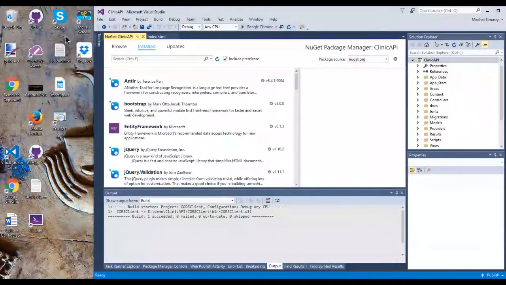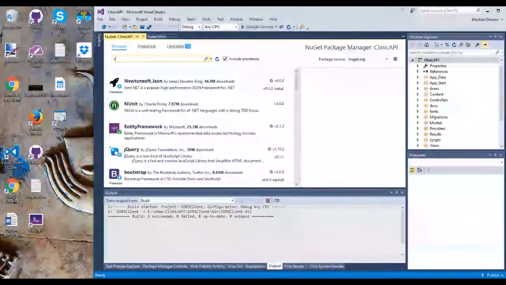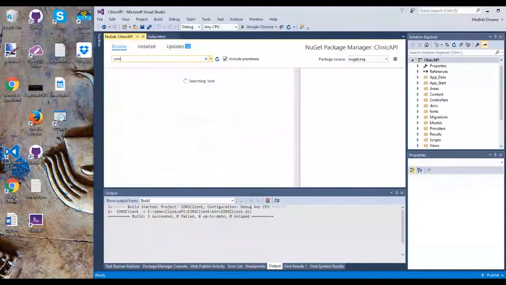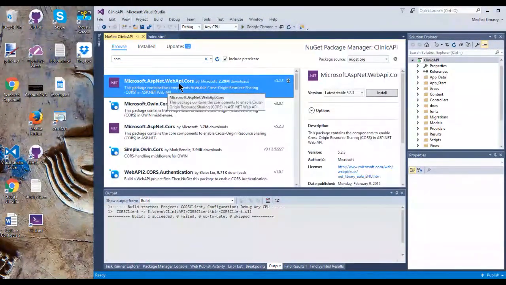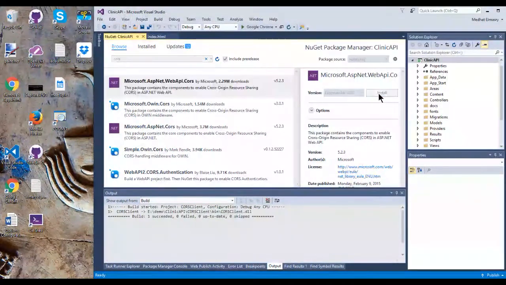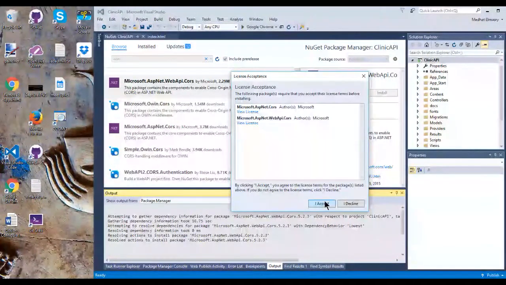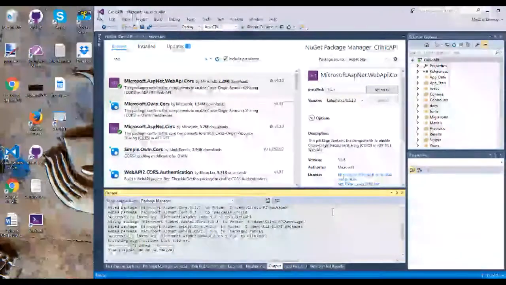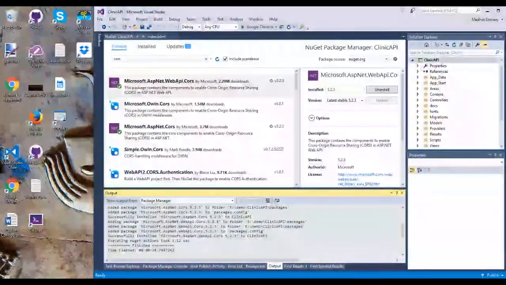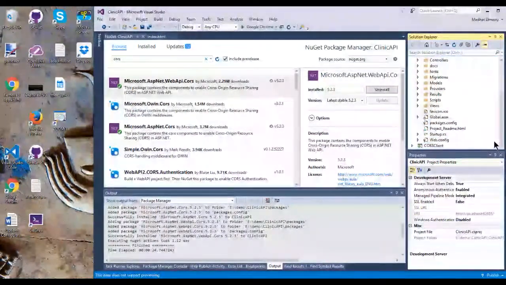Manage NuGet packages. And in here I'm going to click on Browse and type in CORS. It's going to come up with this, Microsoft ASP.NET Web API CORS. I should install this. I accept. So now it's installing that. The next step is to go